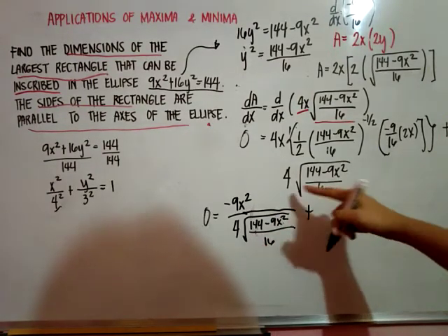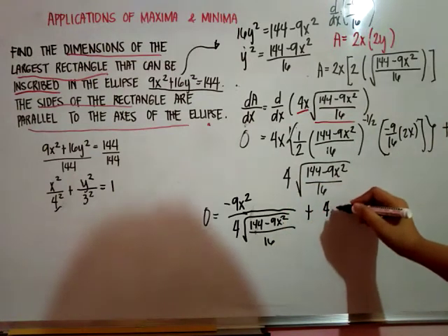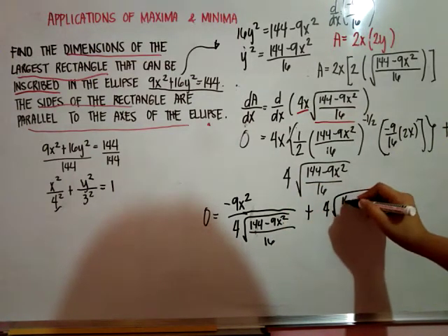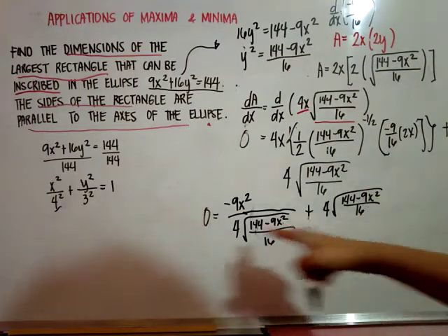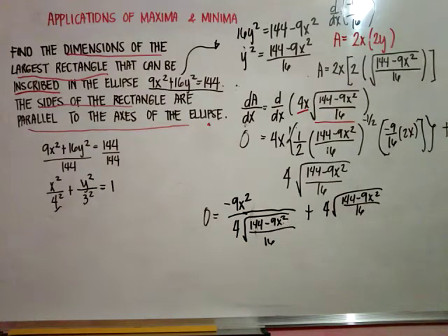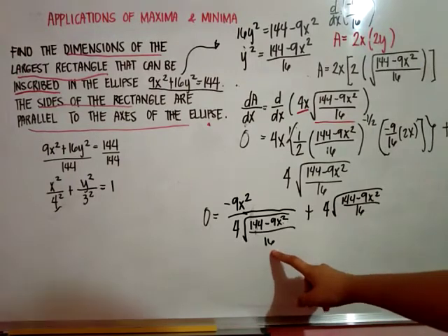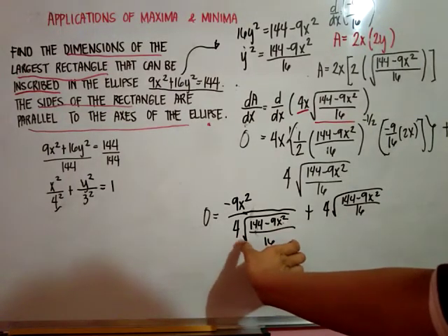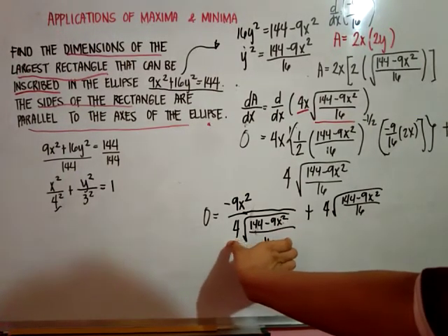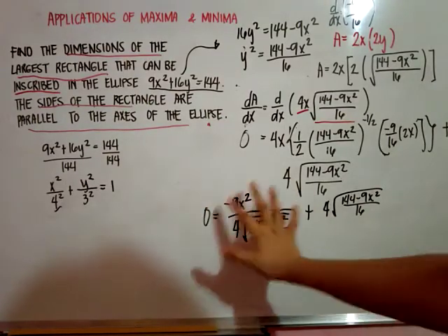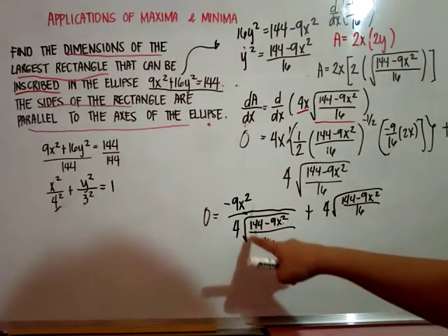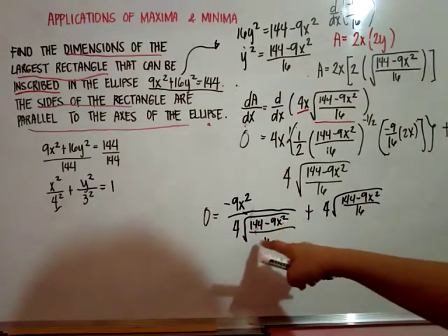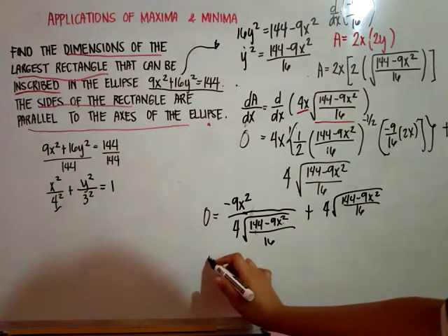Then, plus, ito naman, term na to, i-copy lang natin. So, we have 4 square root of 144 minus 9x squared all over 16, equal to 0. So, paano natin to i-simplify? Para mawala yung denominator dito, i-multiply natin itong buong equation by this term. So, multiplying both sides by 4 square root of 144 minus 9x squared all over 16, we have 0 is